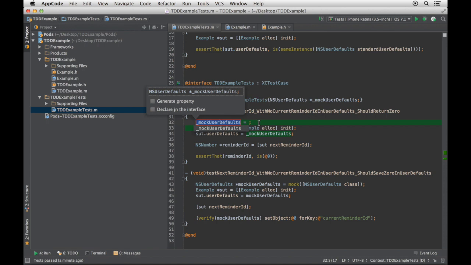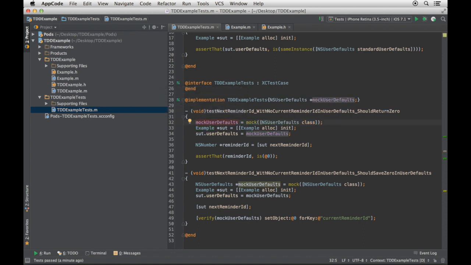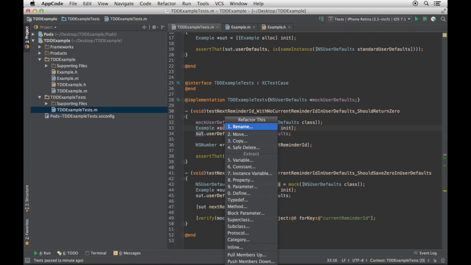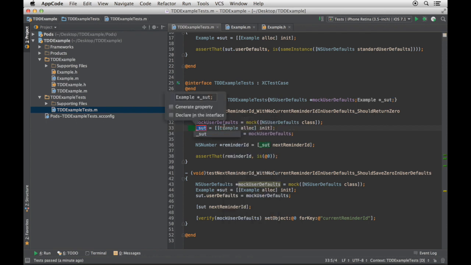In test code, I'd rather not have the underscore, so I'll just remove that, hit enter to accept it, and let's just grab this one too. I'm going to hit 7 for instance variable. Now this seems to be a bug. It's not formatted correctly. There's a way to reformat.